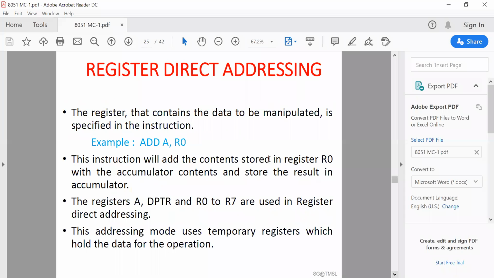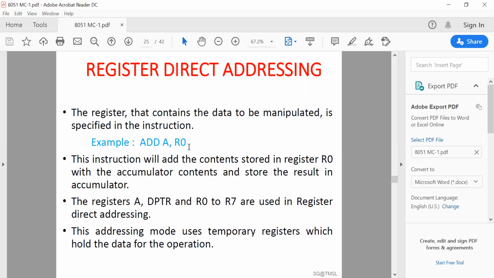The next addressing mode is called the register direct addressing mode. Now the register banks are available in the 8051 microcontroller in the 128 byte internal RAM, where 4 banks are available: register bank 0, 1, 2, 3, and in each register bank there are 8 registers, R0 to R7.